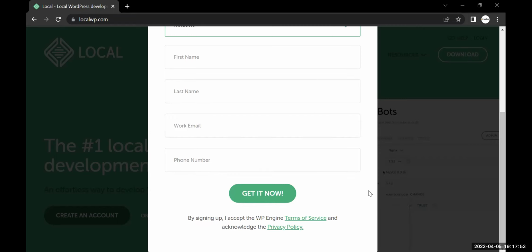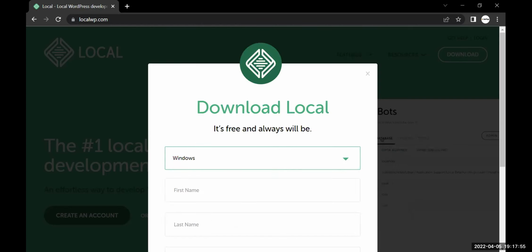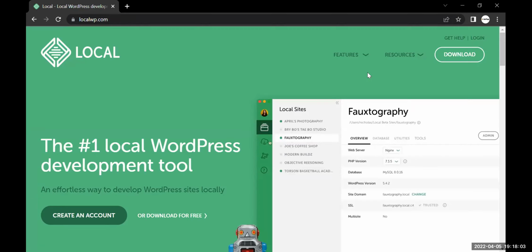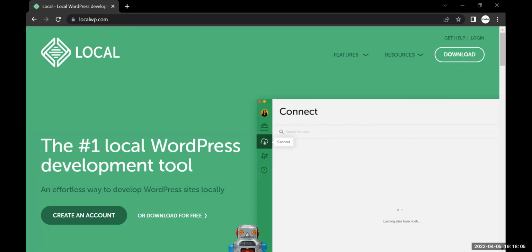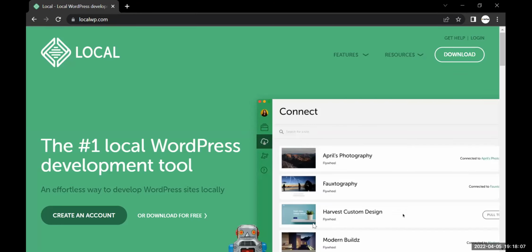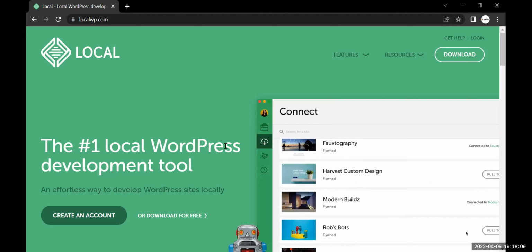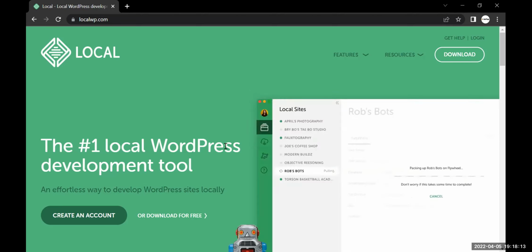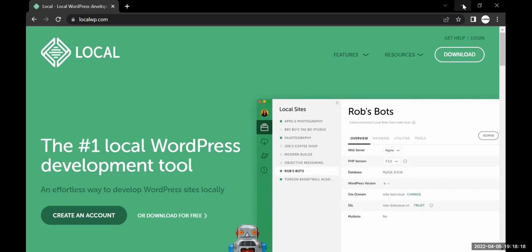Once you get it, you will see it somewhere here on the left or the right, or at the top, depending on how your system is configured. You either see it here or below, on the left or the right. Once you click on it, open it and install it on your system. Once you install it, you will then see